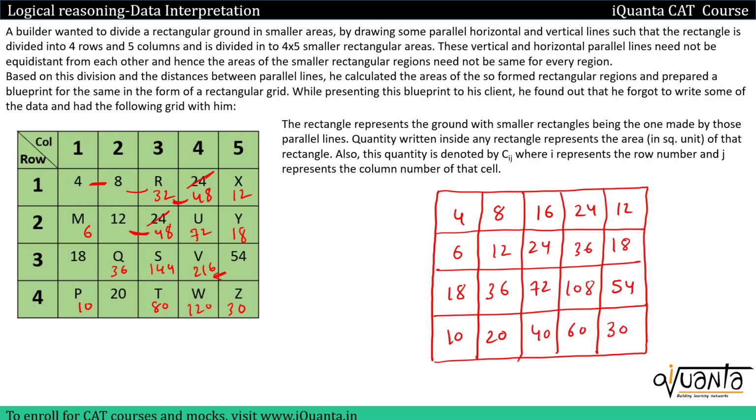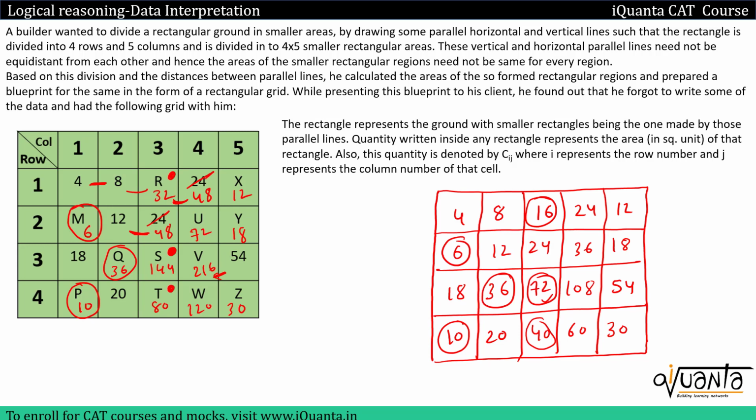If I check variable P, the value was 10, still it is 10 over here. If I look at M, the value was 6, it is still 6 over here. Okay, if I look at variable Q, it was 36 earlier, still it is 36. If I look at variable T, it was 40 earlier, now it is 80, so the value of T has changed. Value of S, earlier it was 72, now it is 144, so the value of S has changed. Then if we look at R, earlier its value was 16, now it has become 32, the value of R has changed.